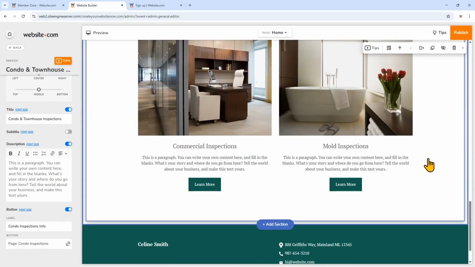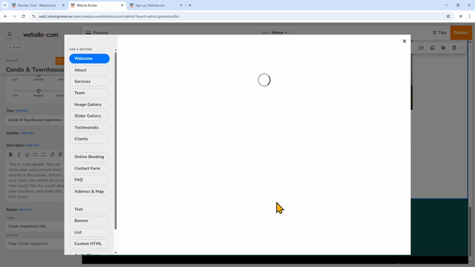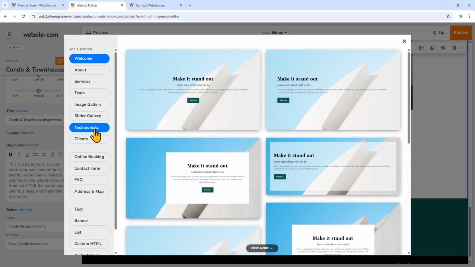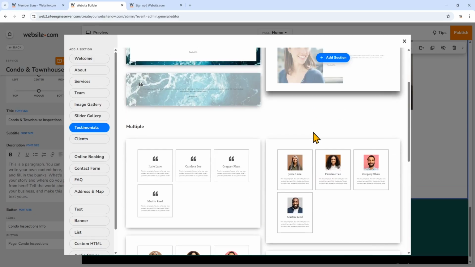And once you've made all the service-specific pages, you can go ahead and link each button to its corresponding page, and make each button label more specific. Now, another compelling section you'll want to add to the homepage to get more clients is social proof and testimonials. So if we want to add testimonials below this section, we can click Add Section right here, and then we'll choose Testimonials. Now you can choose to add the layout you prefer, either with a single testimonial or multiple testimonials.